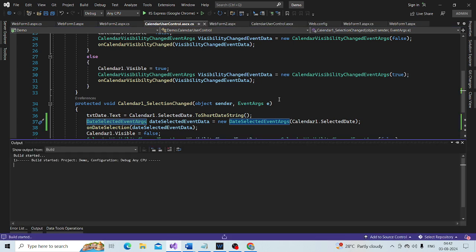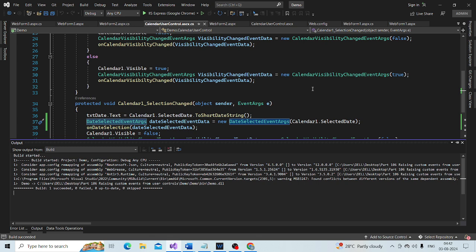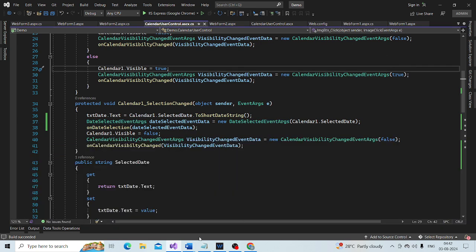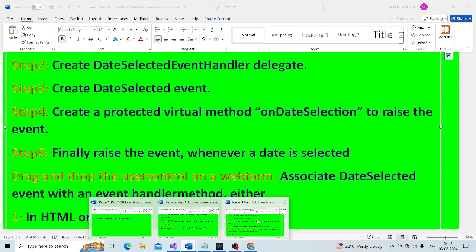On the status bar, notice that build succeeded. So we are done with these 5 steps.